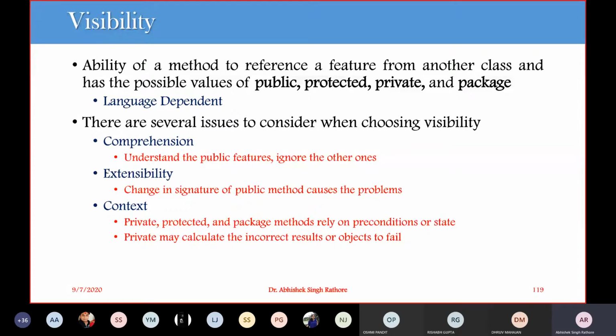So first is to identify the context, because context is the most important thing when we are developing a real world application software or information system. So first identify what is the context of the system. For example, let's say I have to check the